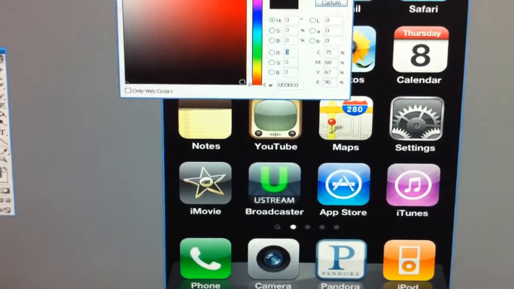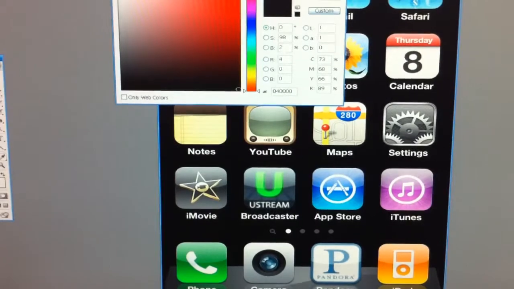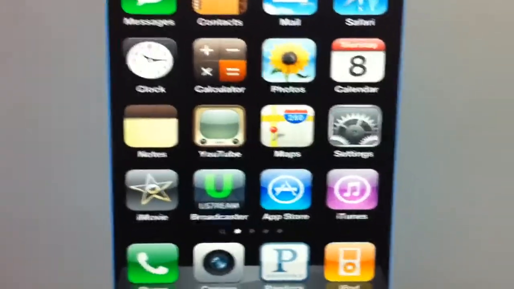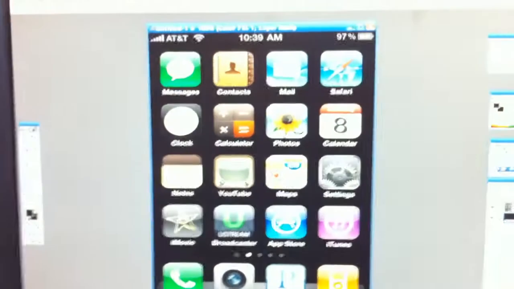Okay. And we're going to make it black. Bam. So that adds in that black layer back behind it. If you kind of make it away, you got the black layer that's the same size as the iPhone. But we need this to be able to see where the apps are at, and we're going to need to